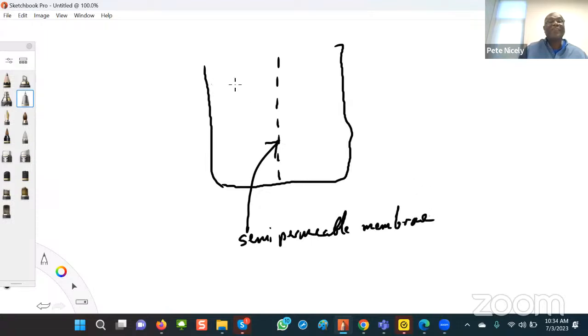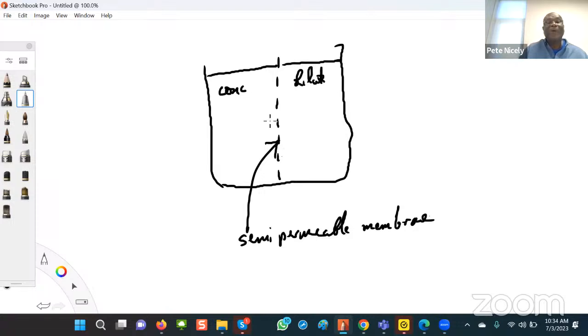What will happen is that you'll have the solvent molecules. Now we're going to assume that the solvent is water, right? And let's say that you have a solution over here, and let's say that this solution is concentrated, while the solution over here is more dilute,